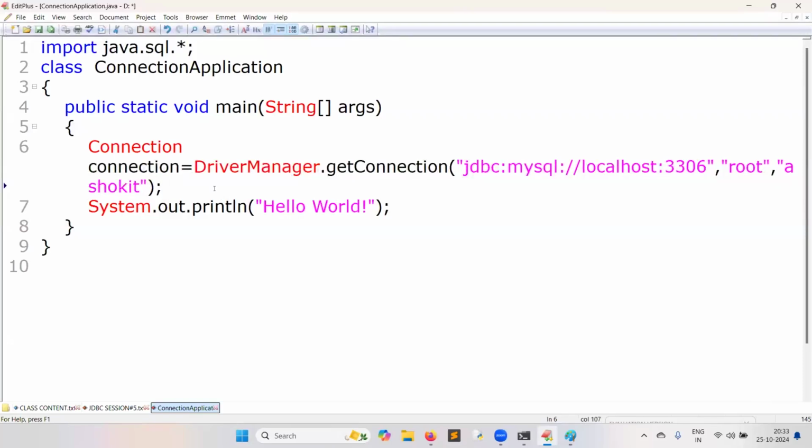Exactly in 1 minute, let me repeat what getConnection is. getConnection is a library method of the JDBC API. It belongs to the DriverManager class. It is a static method. Its duty is providing the connection to the JDBC client.